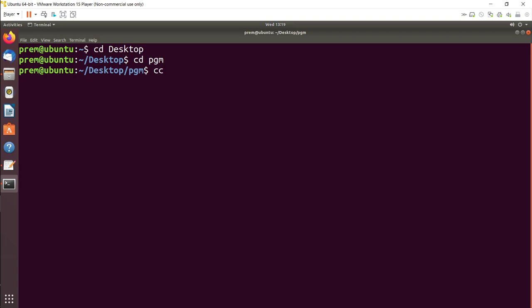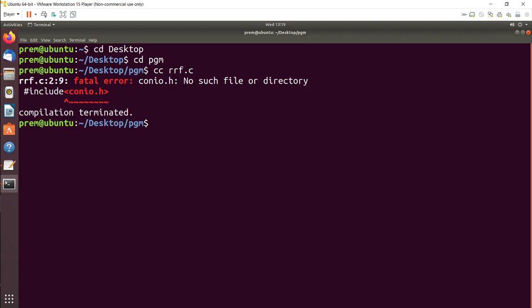The file name that I have given is rrf and saved with the .c extension, so rrf.c. We'll simply press enter. As I have already mentioned, we are going to get errors. Let me tell you, there are two ways to compile and run a C program in Linux, and I'll mention both the steps.